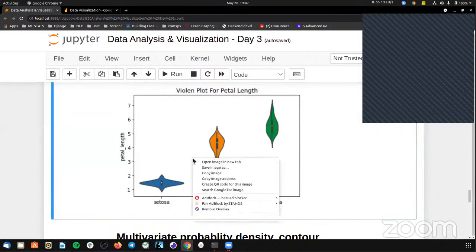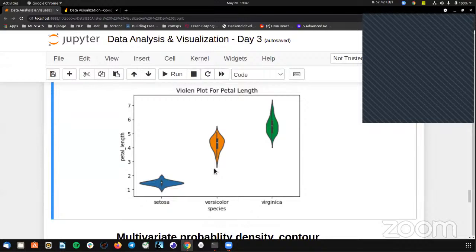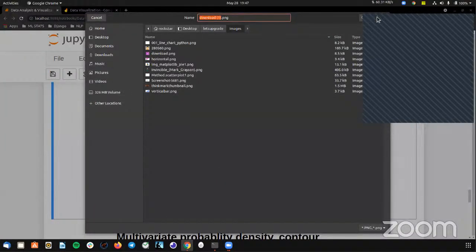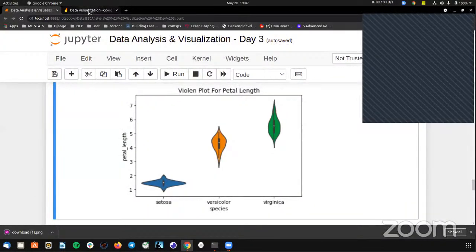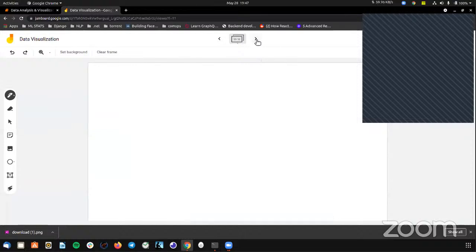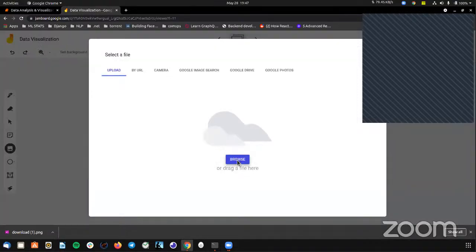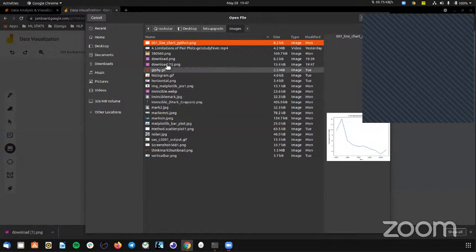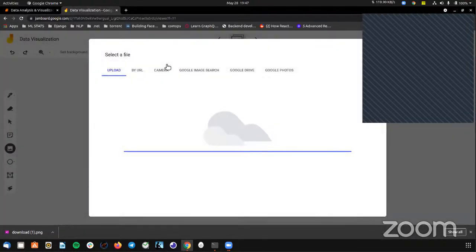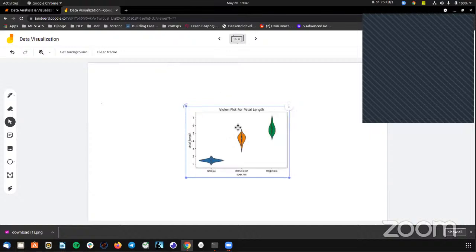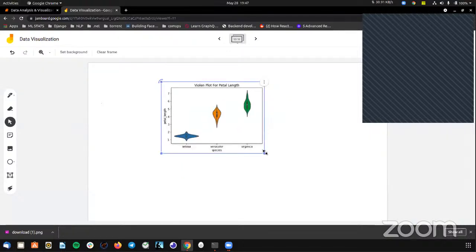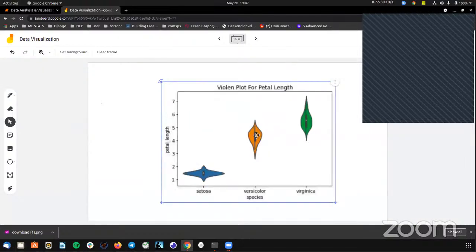Let me download it again and put it there. Download one. Not a bad, not a good thing to do. Download one. There you go. Okay,